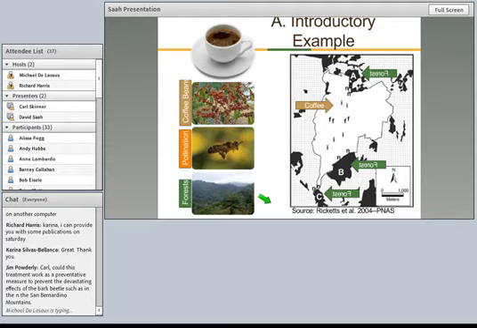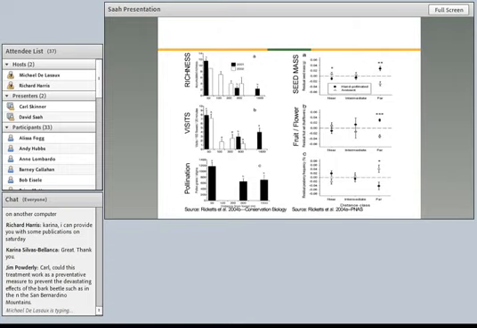Wow, some of these slides got reversed. This backward forest thing right here is forest. So he created a sampling design where he studied coffee plants that were put near the forest, at an intermediate distance away from the forest, and then far away from the forest. And he wanted to look at how these specific variables impacted the production of coffee.